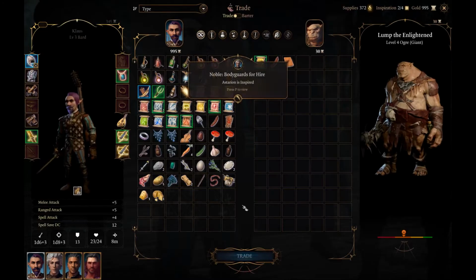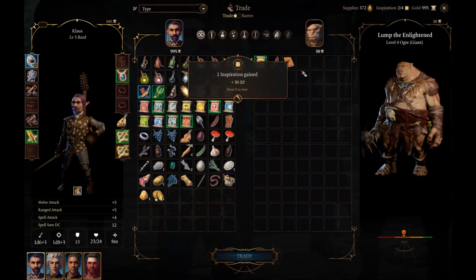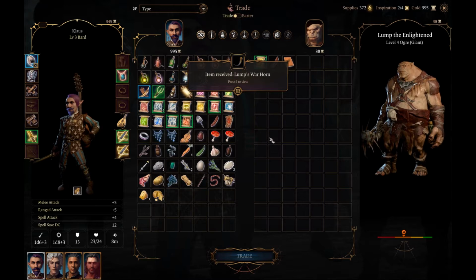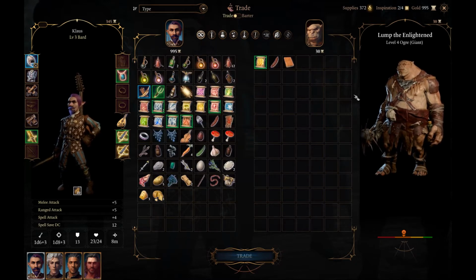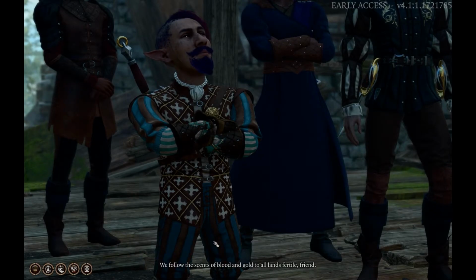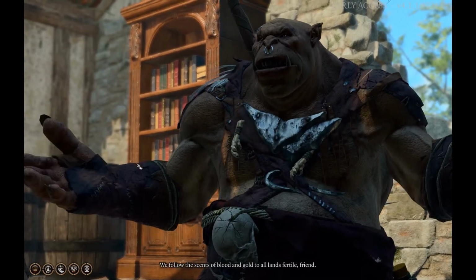See if we could trade with him, because I know Astarion's inspired by that. Because he's got an item that I want. You can get it from his body if you kill him, but